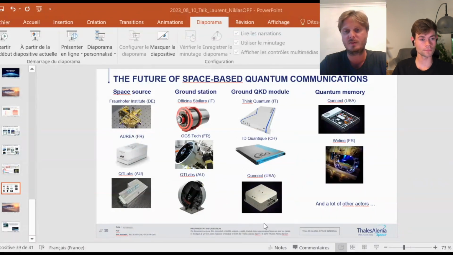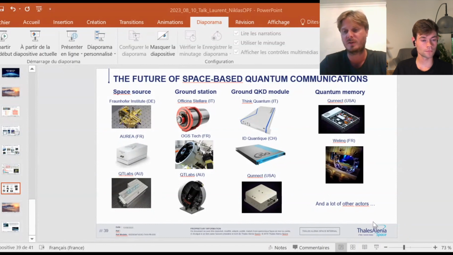that is developing many quantum information building blocks. In fact, they also developed the quantum memory. They have a prototype, the first commercial prototype of quantum memory, which can be sold by QNect in the USA. And in France, we have a startup, WeLink, which is also developing quantum memories that are required for the quantum internet. This is just a few examples of companies.